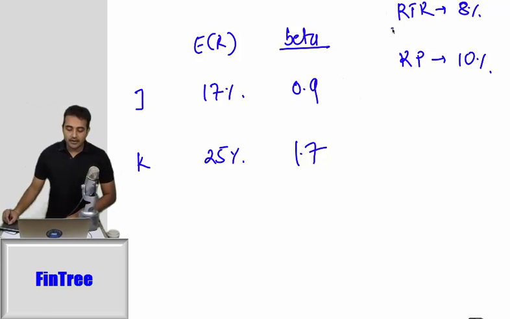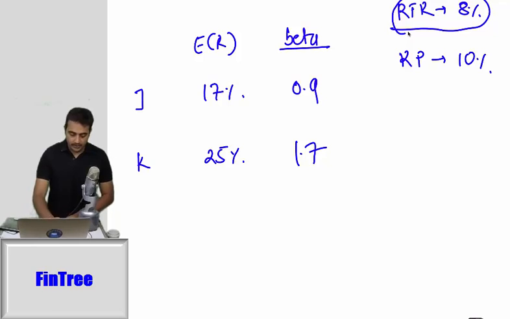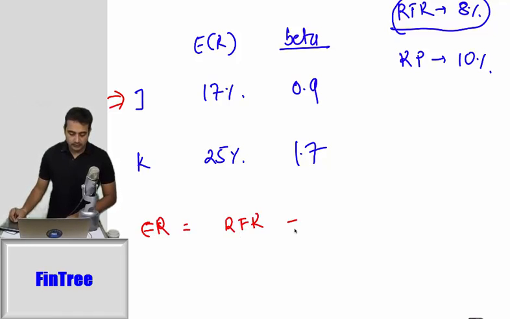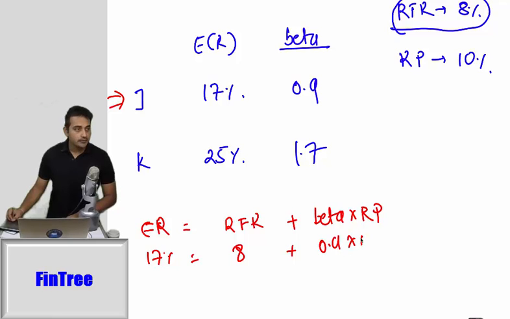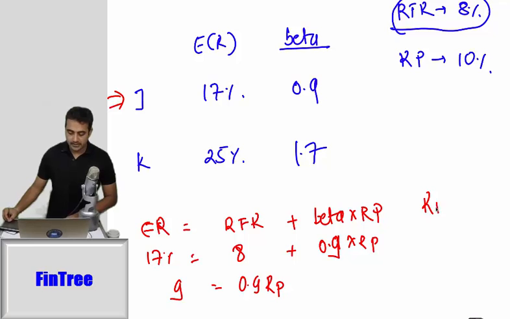So once you have RFR, then we can use any of the equations. So expected return is equal to RFR plus beta into risk premium. Expected return is 17. We know that RFR is now 8. We know that beta is 0.9 into risk premium. So which means 9 is equal to 0.9 risk premium, which means risk premium should be